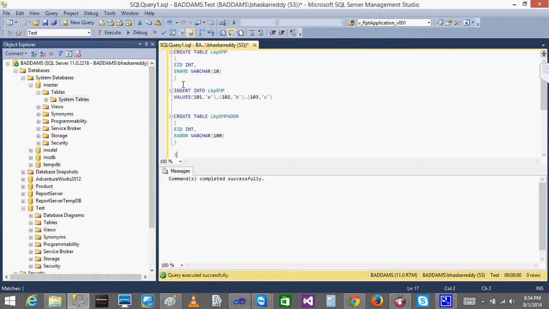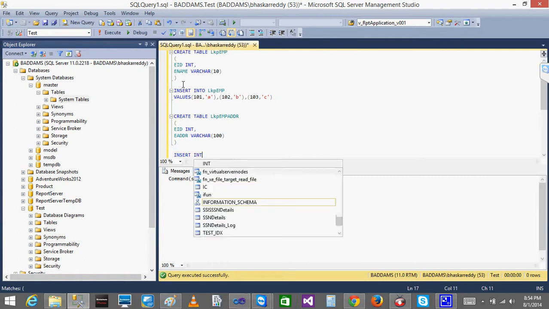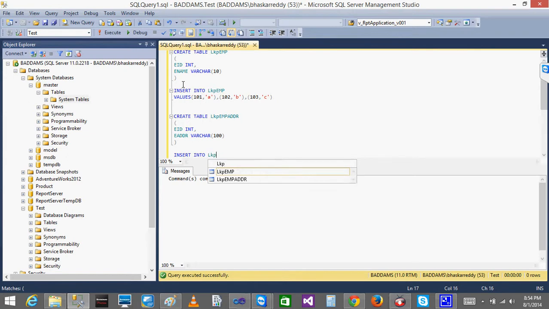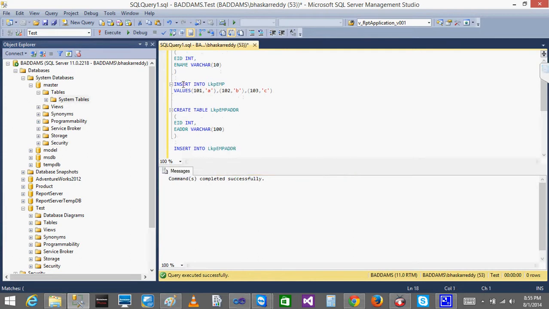Now I'll insert values into LKP EMP address. We are having EMP ID 1, 2, 3, right? So I'll just give 2 and 3: 102 comma address as BBB, and 103 with address as CCC. Now I'll insert it.